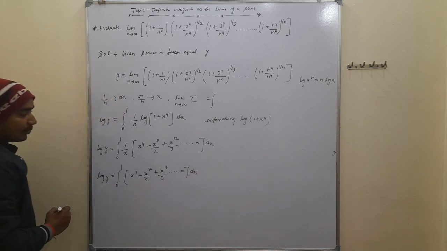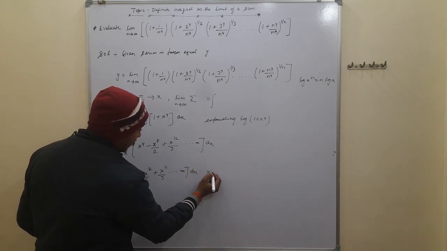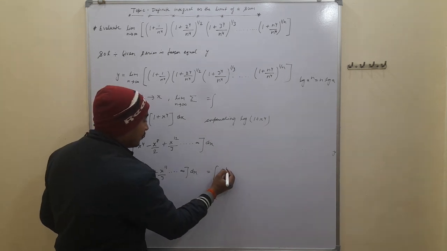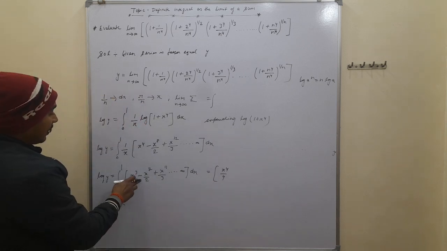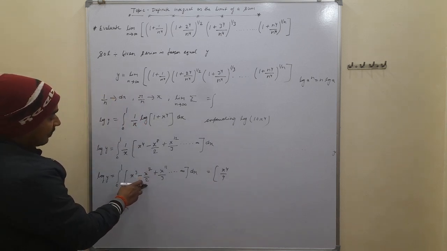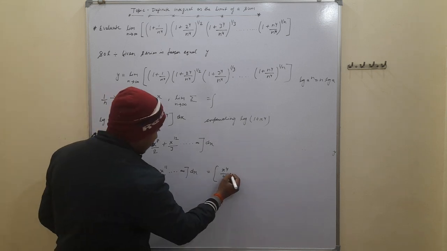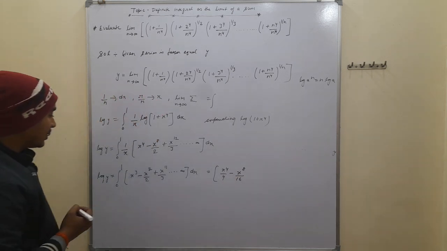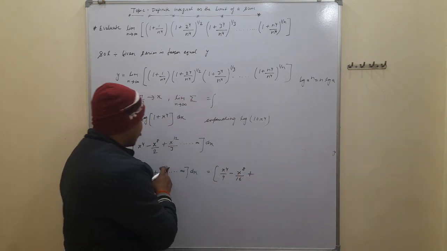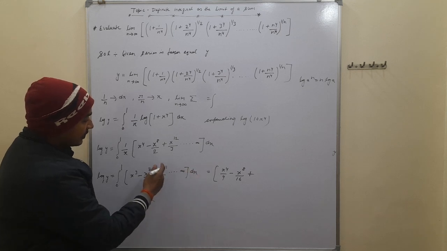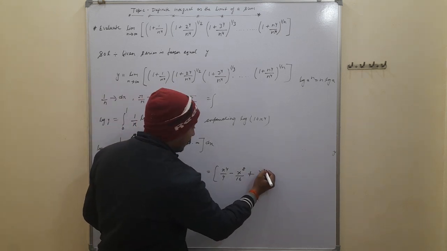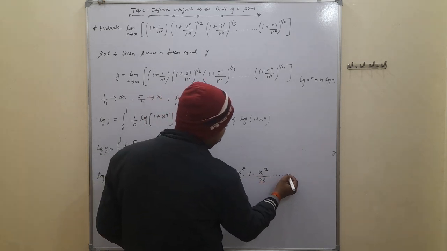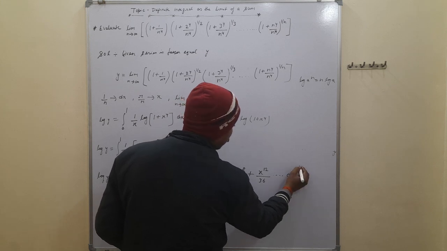And we have to integrate with respect to x, that is integration of x cube dx is x to the power 4 by 4, and we can also integrate x to the power 7 by 2 dx, that is minus x to the power 8 upon 16, plus here x to the power 11 upon 3 dx, integrating, this is given by x to the power 12 upon 36, and this is dot dot dot to infinity, and putting the limit here, that is 0 to 1.